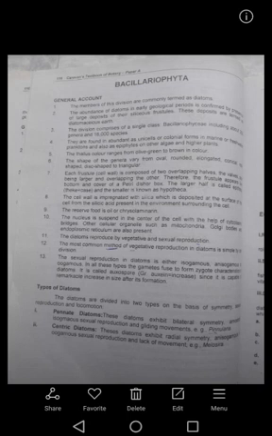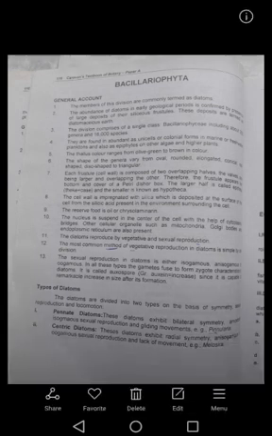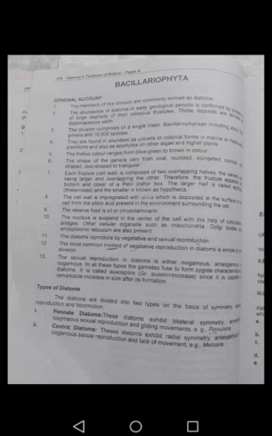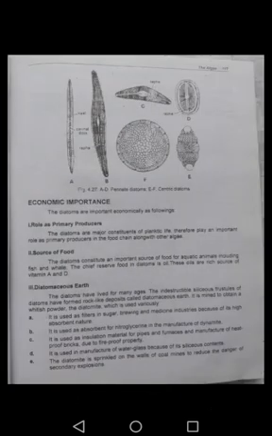Types of diatoms: अगर हम देखें तो diatoms are divided into two types on the basis of their symmetry, sexual reproduction and locomotion. Pennate diatoms exhibit bilateral symmetry, anisogamous sexual reproduction and gliding movement, as in Pinnularia, while the centric diatoms exhibit radial symmetry, isogamous or oogamous sexual reproduction and lack of movement, as in Melosira. Then the next very important thing in this division is its economic importance.